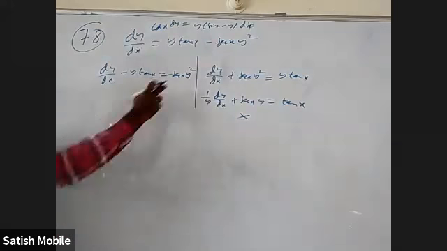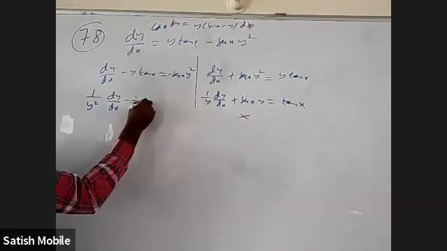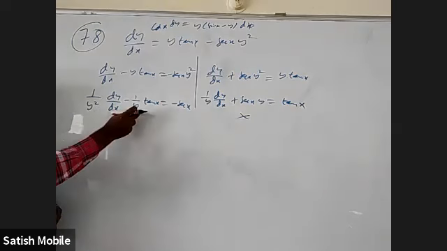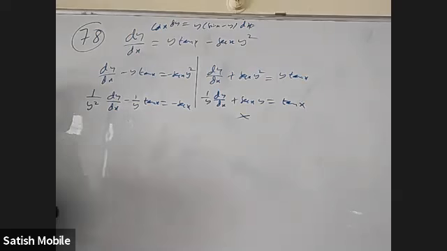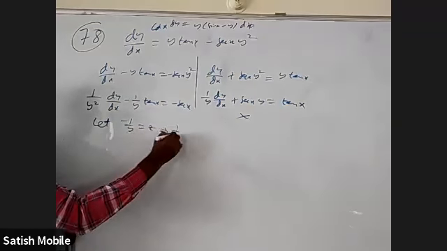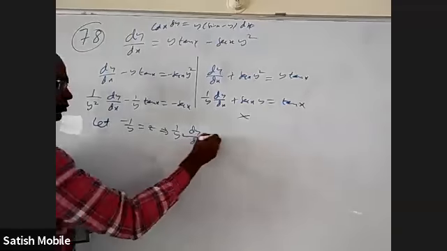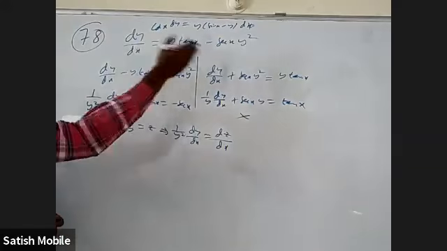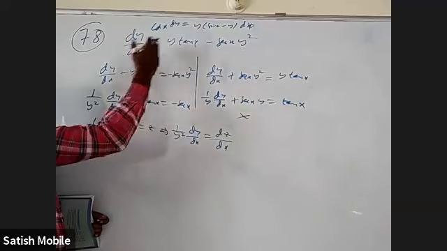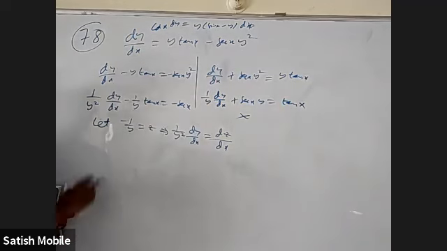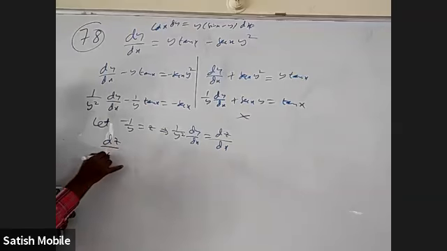Here when I divide with y square, I'll get 1 by y square dy by dx minus 1 by y tan x is equal to minus secant x. Now we can easily see for 1 by y the derivative is minus 1 by y square. So obviously you can take 1 by y as z or minus 1 by y as z. Then 1 by y square dy by dx will be dz by dx. I'm not saying which one is better. I'm doing both: either bringing this to LHS, or this to LHS, and then dividing by the function of y on the RHS, whichever is more suitable.